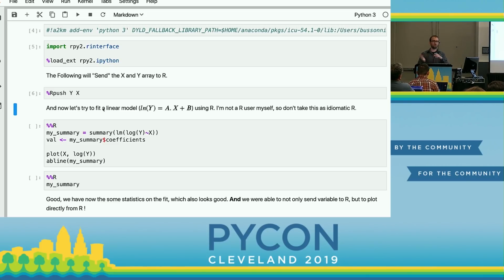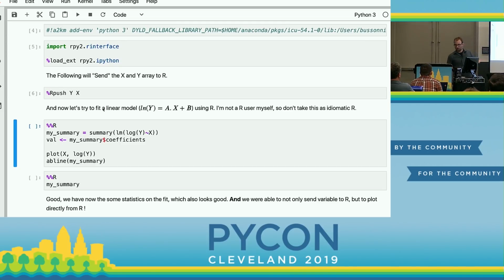We still need to manage some of the movement, but some extensions for other languages will do data movement automatically for you. If you write some R, that would make sense. You do a linear model of log of y versus x, so that hopefully should be a line if our value is long enough. We do summary statistics of that. We plot x and log of y, which hopefully should look like a straight line,